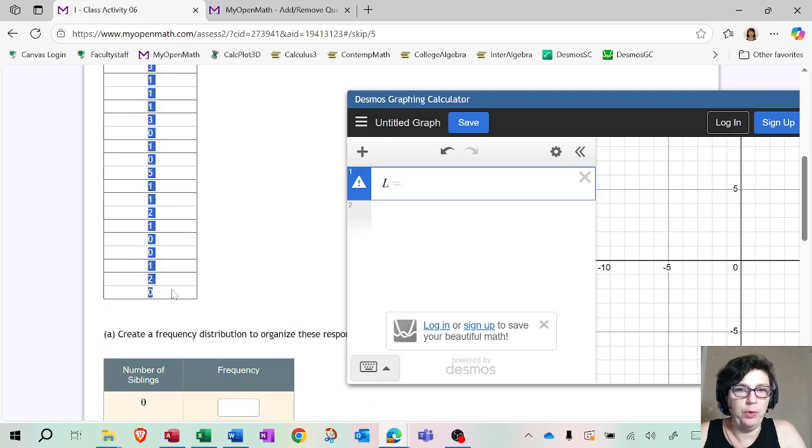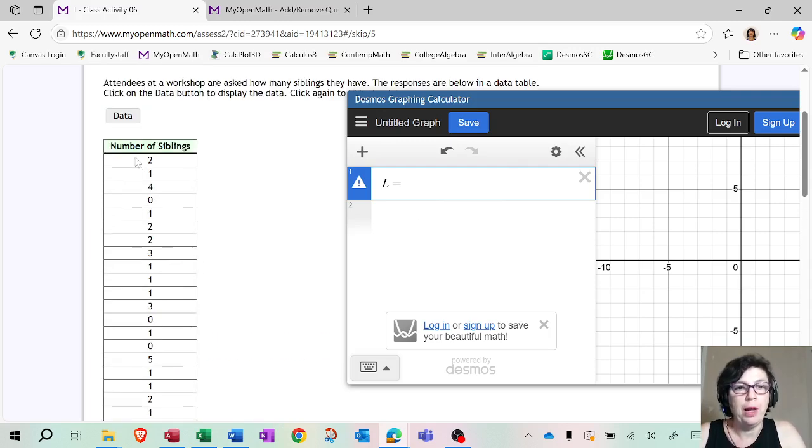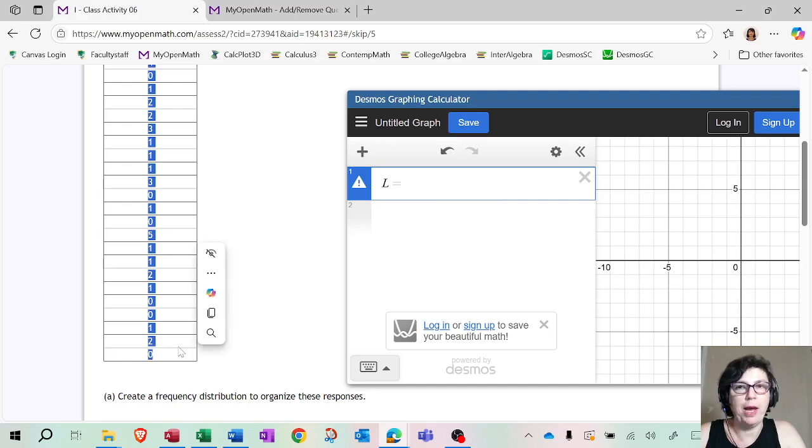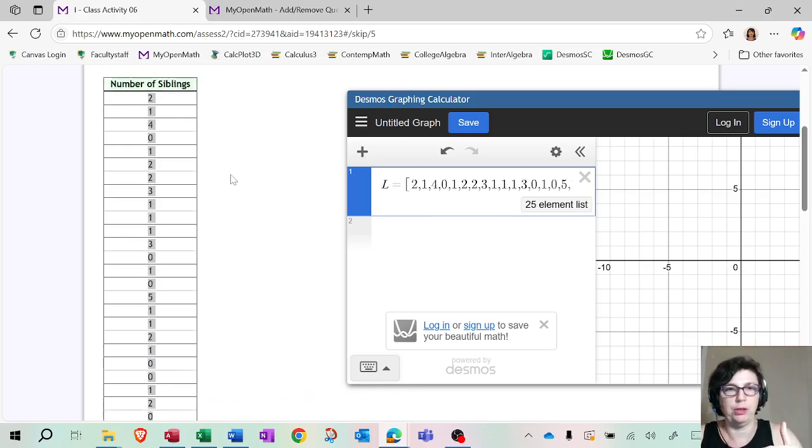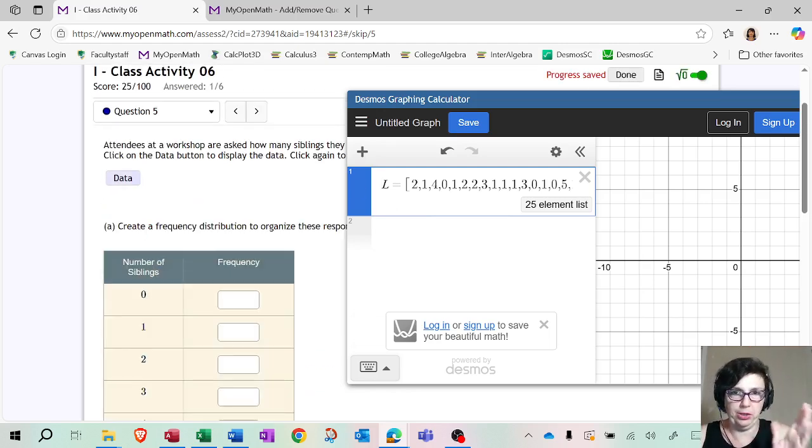Now we're going to highlight all of these numbers. I'm just going to highlight them with my mouse. Then you can either right click or press Control C, and when you click inside here, press Control V. That is if it's Windows. If it's a Mac, it would be Command C and then Command V to paste. So I'm going to do Control C, and then over here, Control V. As you can see, Desmos also puts the square brackets for you. If your data is vertical, you do not need to put square brackets. It automatically adds them for you.